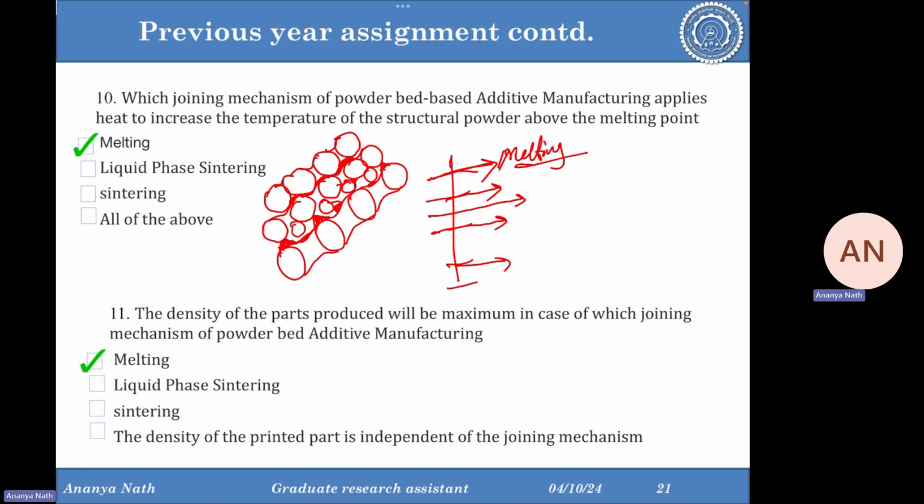These porosities will always be there because of the sintering, because they are not melting. If they are melting, the metal is now liquid, they can flow and fill the space. But here the powders are not melting, the powders are solid particles. So how will they fill the whole void? And if they are not capable of filling the whole void, after sintering also the void will not be filled. The voids will be present, which will result in porosity. So that's why density of the melted parts, SLM, is more. SLM results in more density rather than SLS.